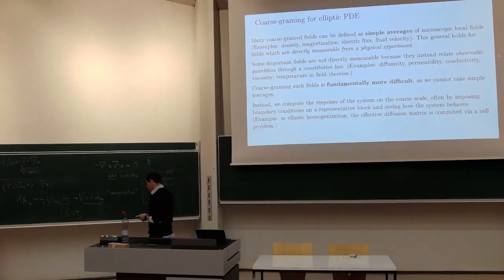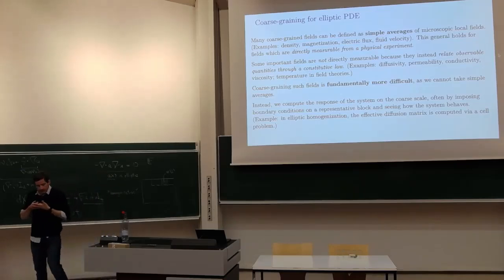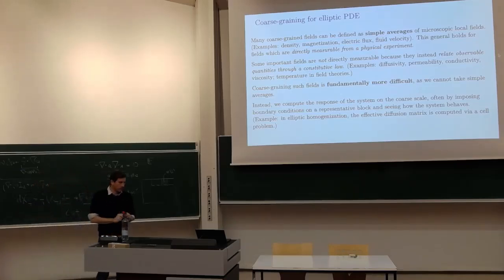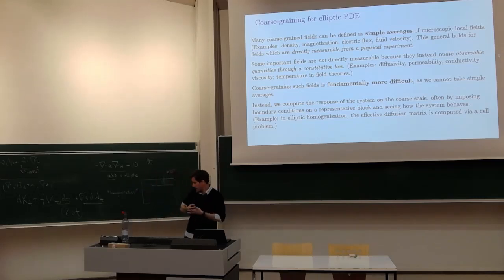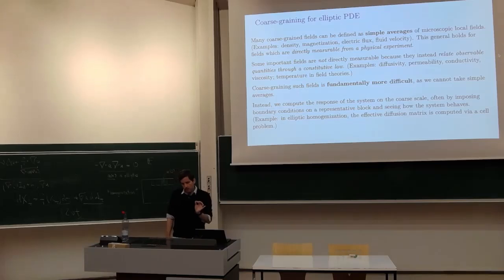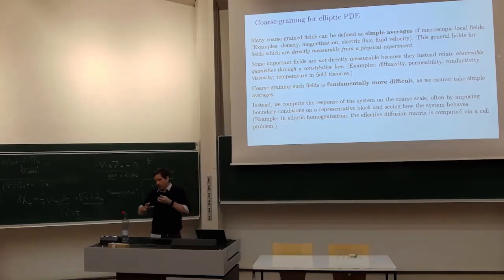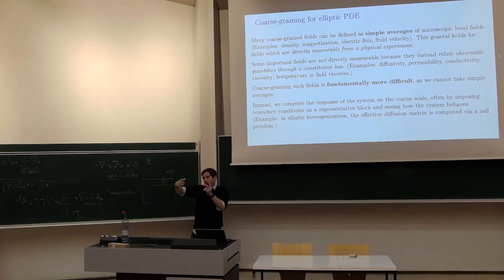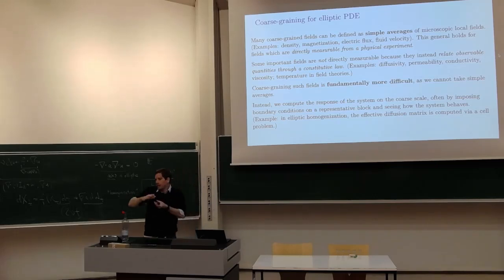I did want to show this slide, which is that when you have a lot of attempts to formalize coarse graining, or formalize thermodynamic limits, maybe you have a cloud of particles and you want to show it converges to a measure or something like that. Many times when you do this, the thing you're coarse-graining is itself a physical measurable quantity, and therefore when you coarse-grain it, you really are just averaging. So if you want to show a cloud of particles converges to some measure, you usually mean, I'm going to look at the number of particles in a box and count them, and that's going to be the coarse-grained